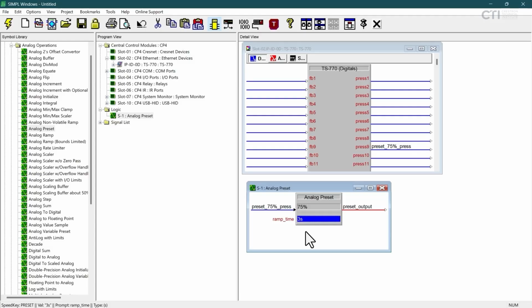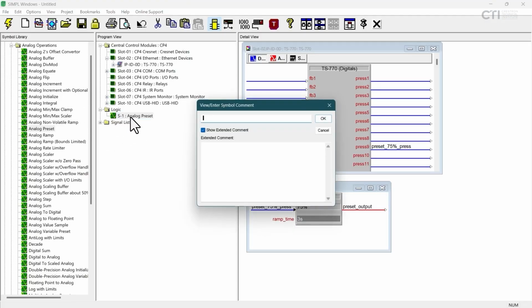We'll walk through the operation of this analog preset symbol. When the user presses a button tied to digital press 9, preset 75% press goes high. That rising edge will trigger the analog preset to start working. Preset output will begin to ramp from its current value towards 75% over the course of the 3-second ramp time. We will name this preset. Click on the analog preset in the program view, then press the Tab key and give it the name Preset